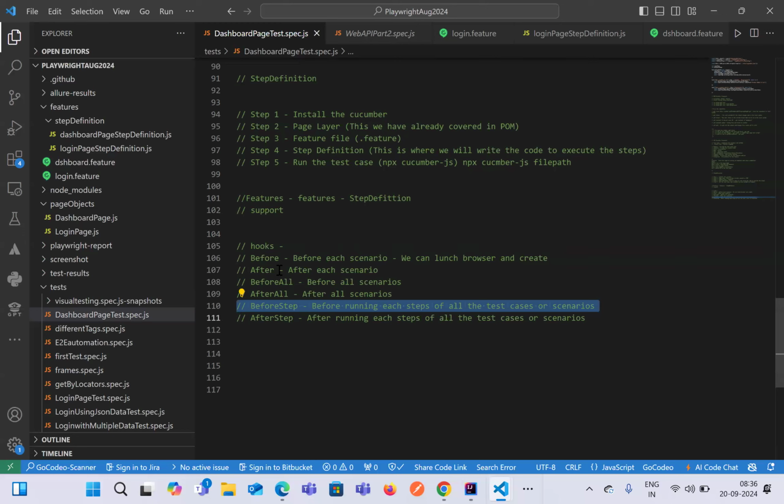Before step, let's say, inside a before step, what can we do? Mostly we do not use before step because it will run before running each and every step. But if you have a certain set of data that you want to use before running a step, that we can use. Inside the before step there are not many use cases available. But inside after step, we can take the screenshot and place it,